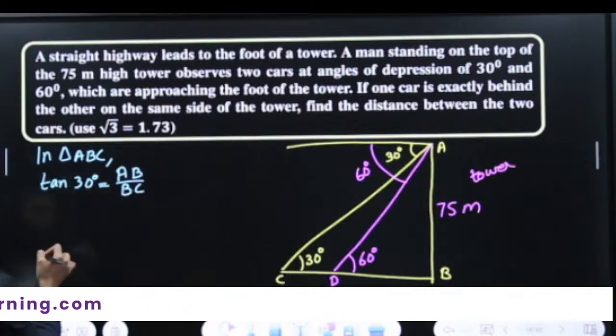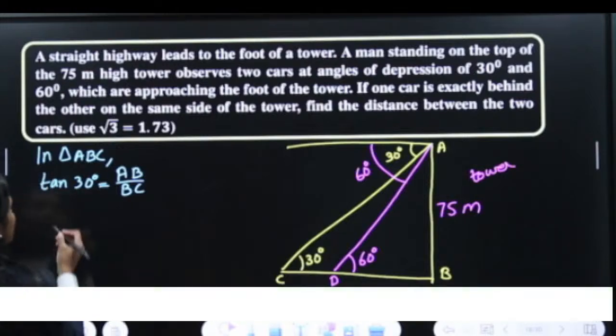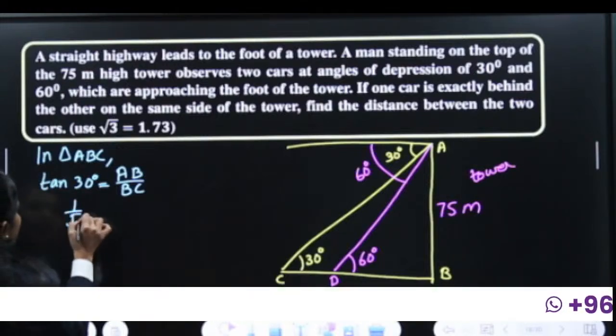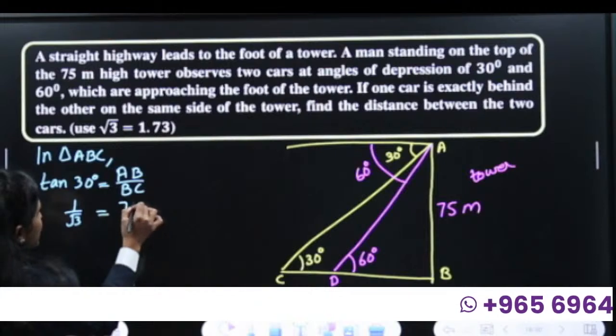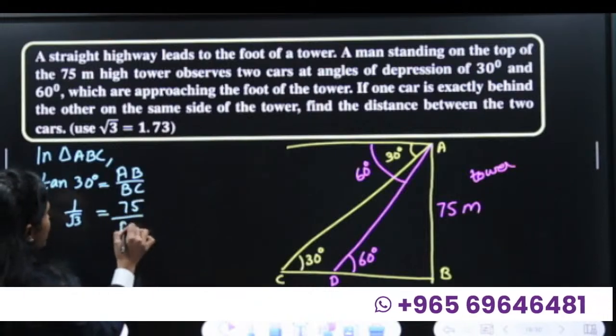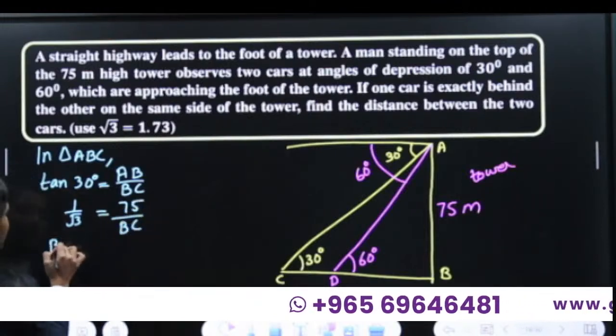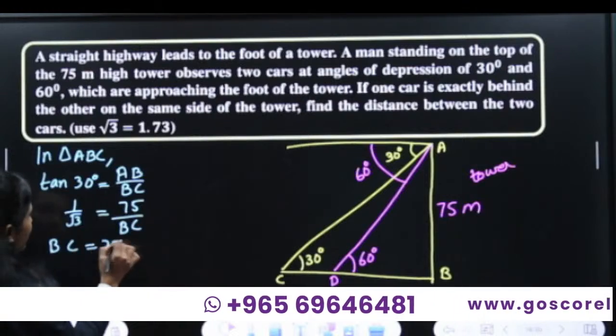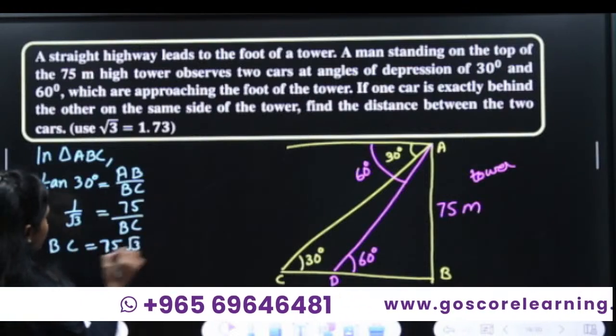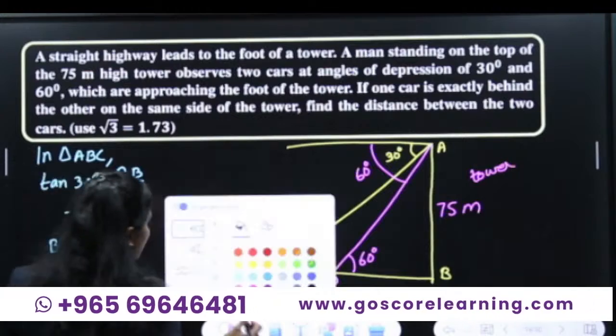Okay, so AB by BC, so AB is 75, tan 30 is 1 by root 3 and AB is 75 divided by BC. So you will get BC equal to 75 root 3. Okay, so we got BC. Now